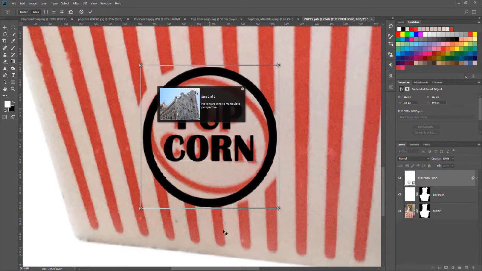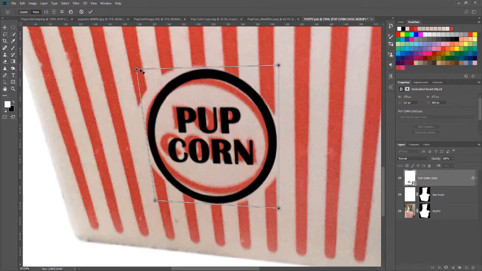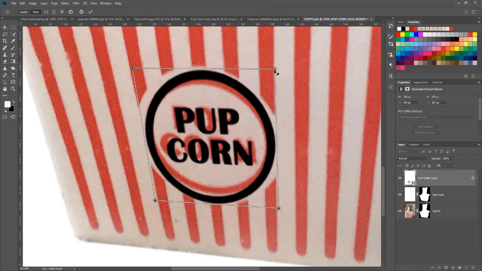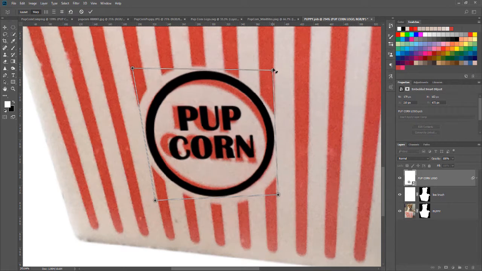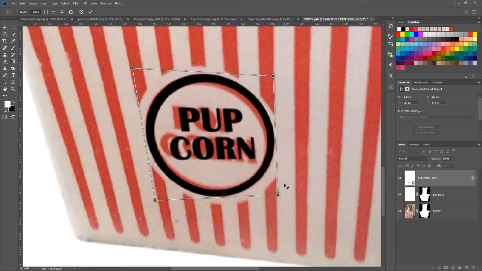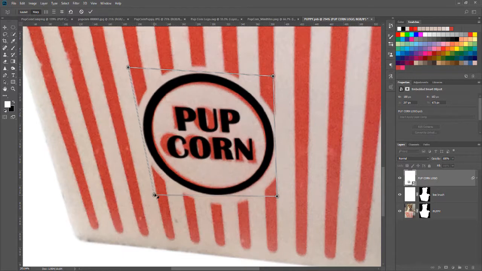Hit enter, and then the second part is to actually maneuver it into place. And the great thing about having this popcorn box is that it already comes with perspective lines. So as long as we match that outer circle as much as we can, we'll get a pretty good